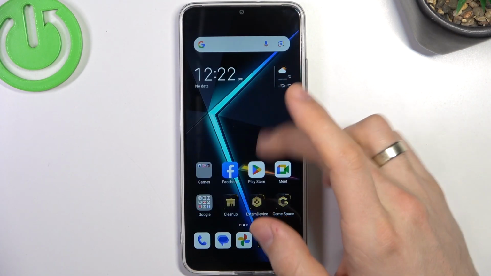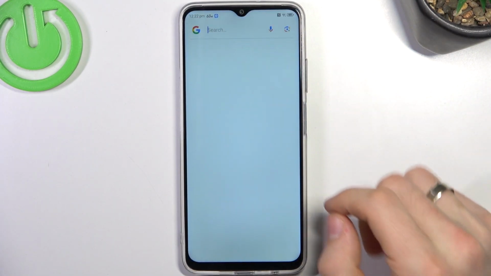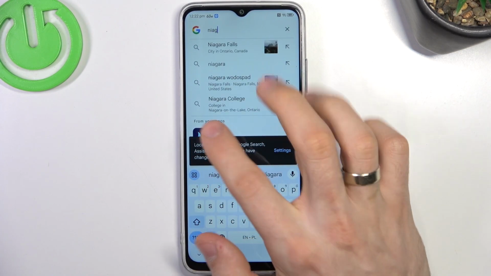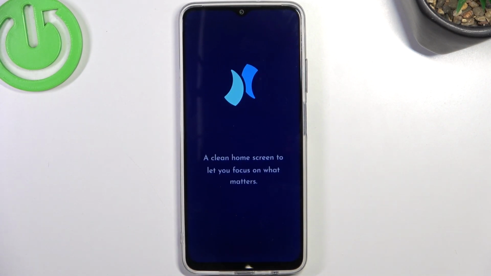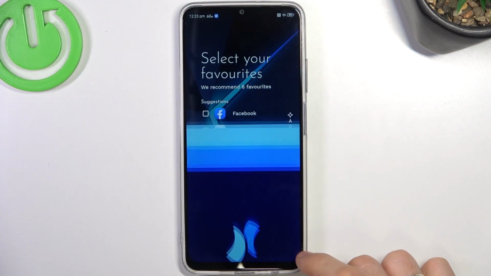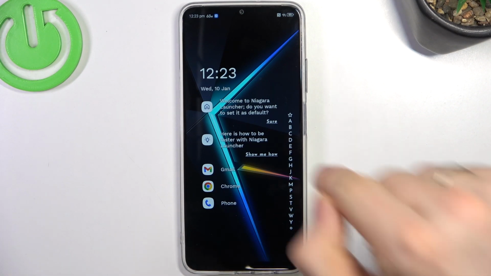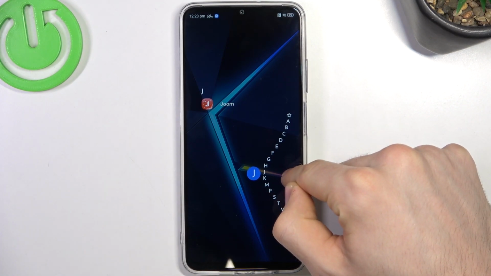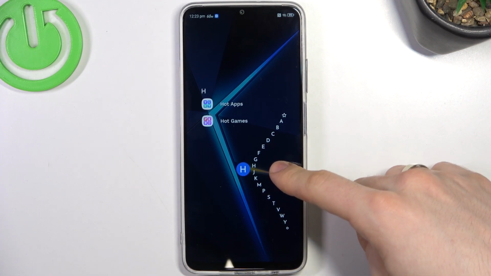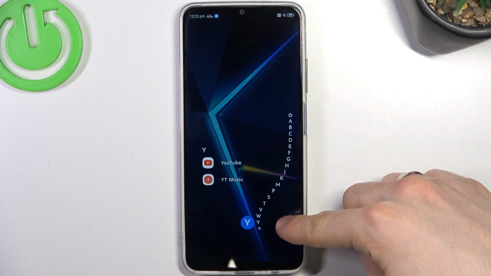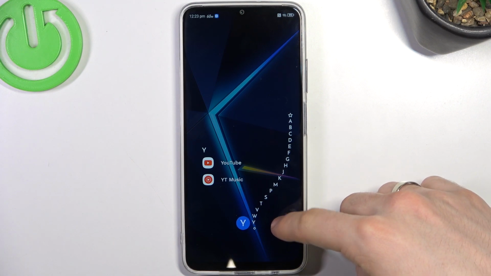On the second place in my top is Niagara launcher. Let's download it and open. So Niagara launcher is a very minimalistic launcher. Using this launcher you can very fast and easily find any application. Here we have our home screen, and to find any application you just need to tap your finger on the alphabetical line and move it to the desired letter. For example, I want to find YouTube, so I just move my finger to the Y, and here is my YouTube. Calendar, C,